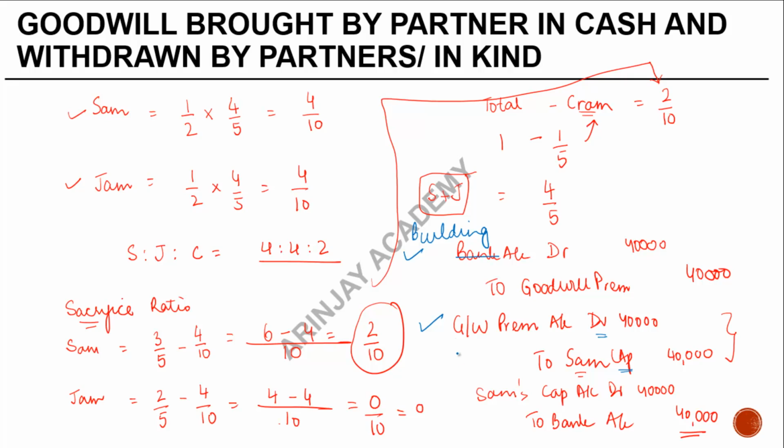Since there is no money which has come in, the question of withdrawal does not arise unless you were specifically told that the company would have used the existing cash to pay off the partner. But we don't have an indication as to whether he had the cash or not, in which case we are not going to pass this entry. But if the company would have said that the cash position before this came in was enough to meet this 40,000 and that money was utilized to pay off Sam, we could have done that.